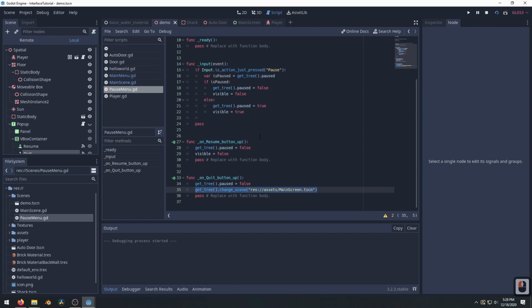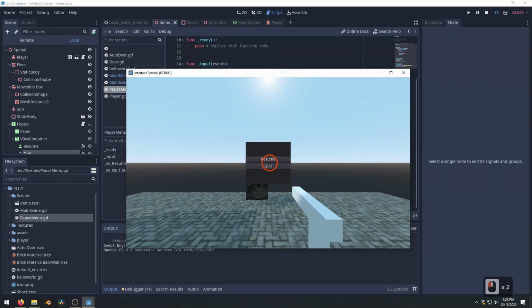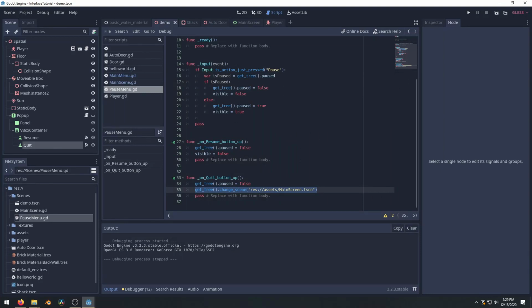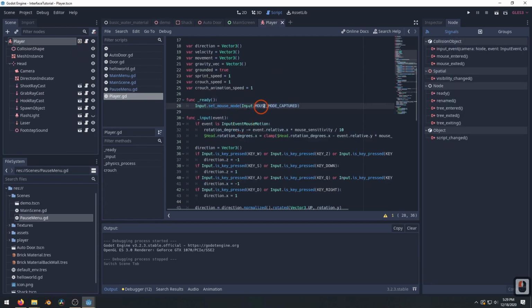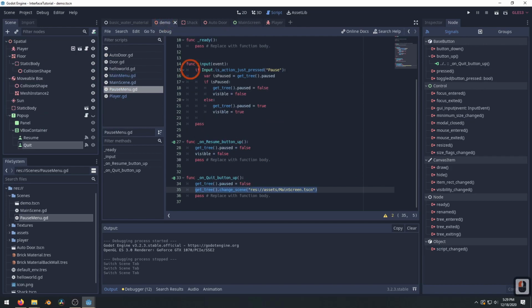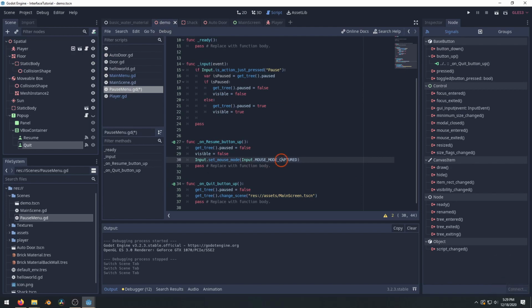Now, if I hit play, and then I immediately pause, you'll notice it worked, but my mouse is being kind of funky, right? Look at it, it's getting all caught and stuff. The reason is that we are using a player controller from somebody else. If we open up their player controller, you'll see they have a section that says Input.set_mouse_mode, Input.MOUSE_MODE_CAPTURED. So let's copy that, because it's important for you to understand this. If you're doing a first-person player, you want to make sure that your mouse mode is set to captured,